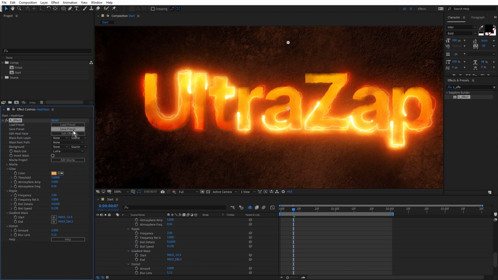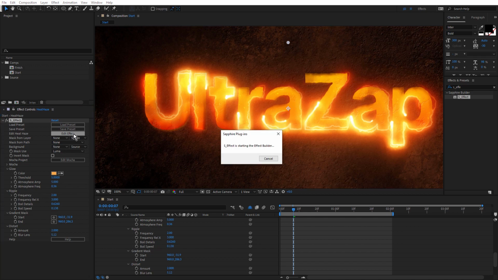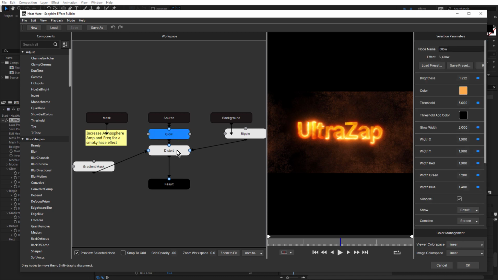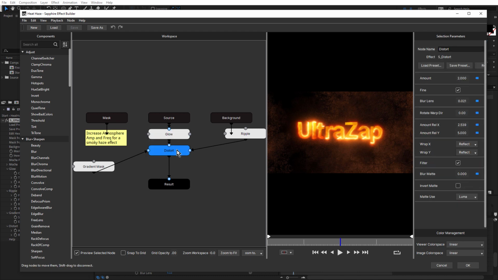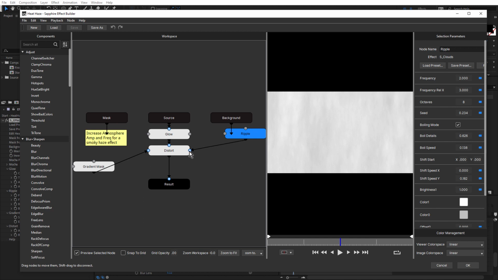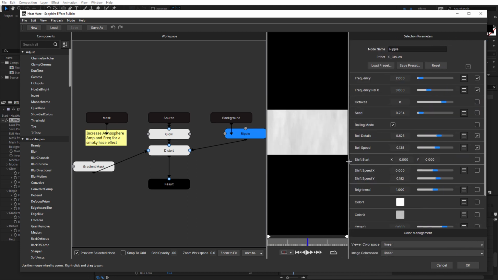Before we preview that, let's just click on Edit Effect. And if you haven't used Sapphire Builder, I recommend you take a look at it because it's a really great way to build your own custom effects in Sapphire. You can see this effect was created by using the glow effect and S-distort, with a gradient mask just ported into the matte port for distort, and with the ripple effect controlling the lens of the distortion. And as with all Sapphire Builder effects, I've just checked the parameters that I wanted to see inside the host.